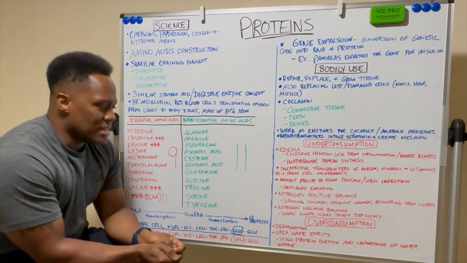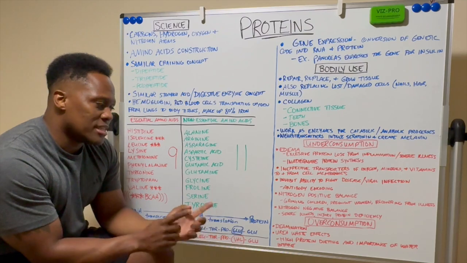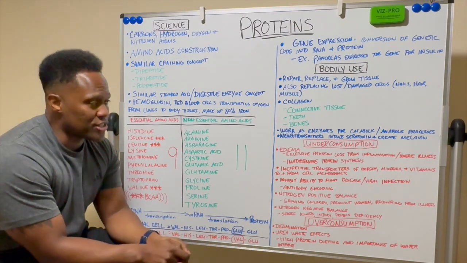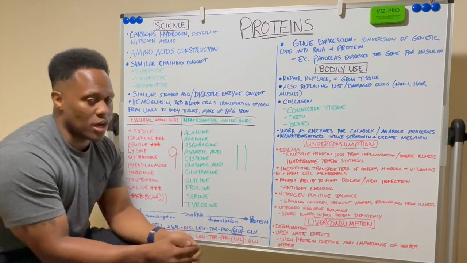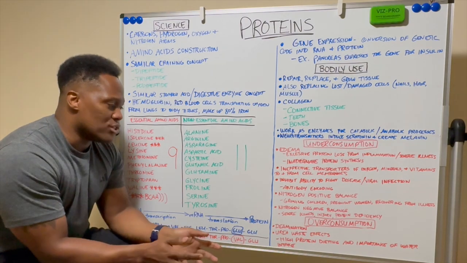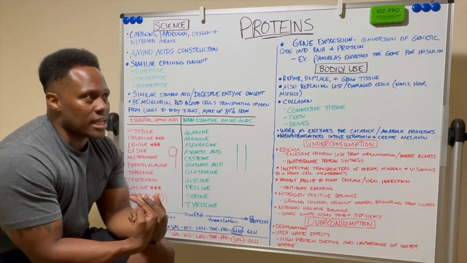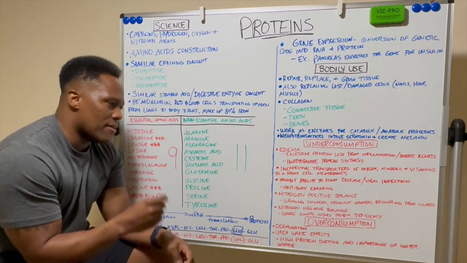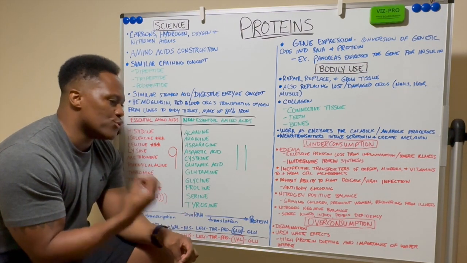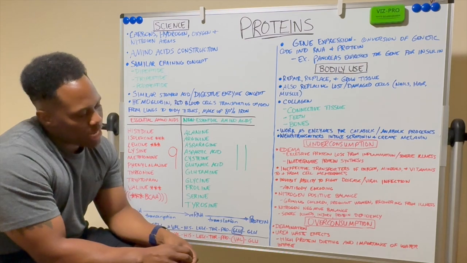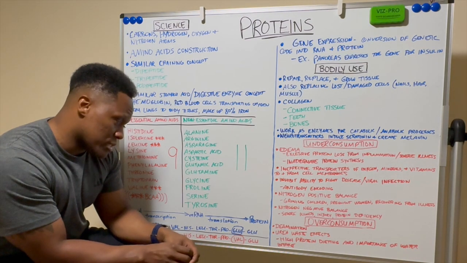Now, the nitrogen negative balance: severe illness, injury, and of course protein deficiency, which is the same as underconsumption. Nitrogen negative balance is basically where you have less nitrogen in and more nitrogen out. You have a higher nitrogen excretion than you do intake. Now, here's what can happen if you overconsume proteins.